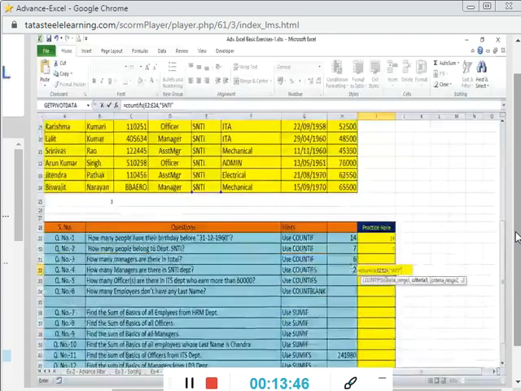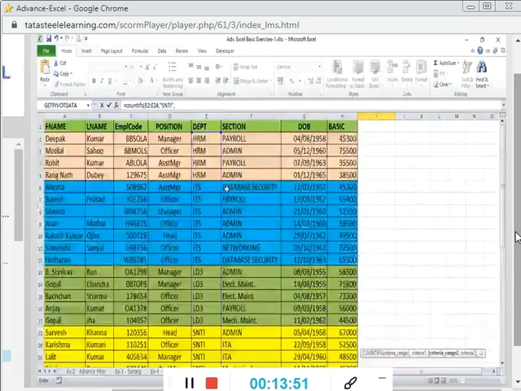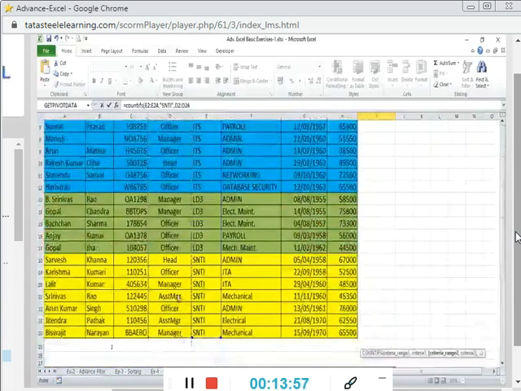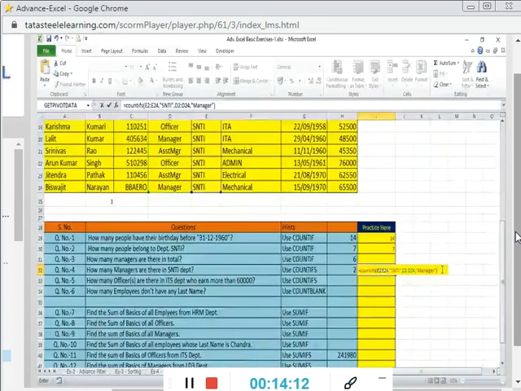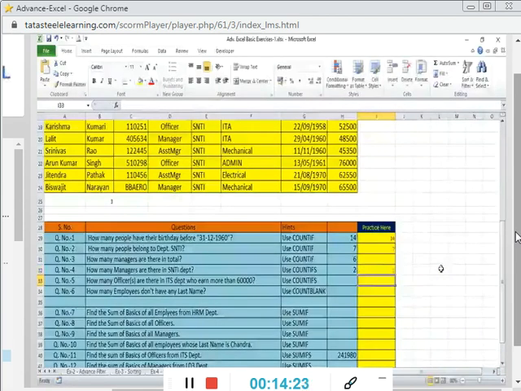Then again put a comma, then select the second criteria range followed by the criteria. Therefore you will have to write within double quotes manager. Don't make a mistake in the spelling, otherwise your result will not be proper. So you have to be careful while you are writing the spelling. So press enter key to get the result. It is 2 in this case.